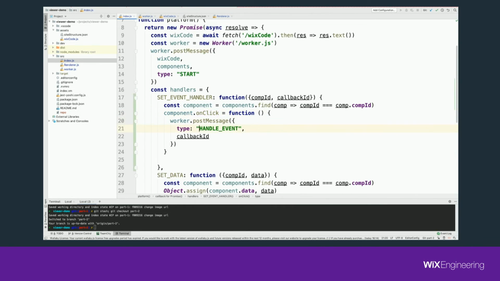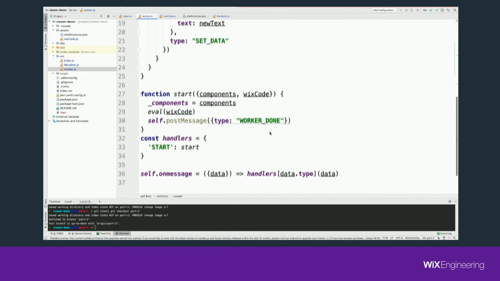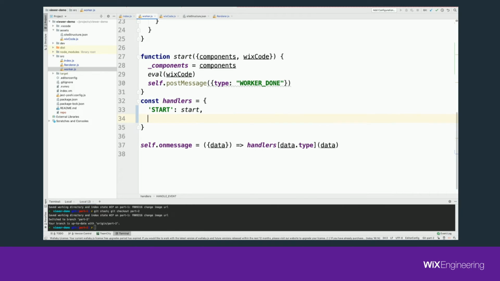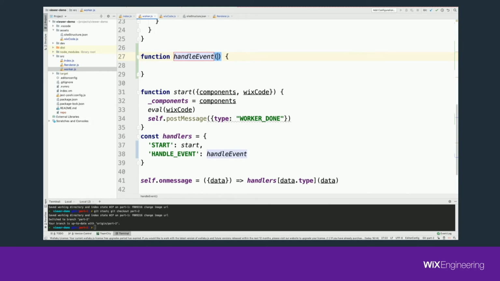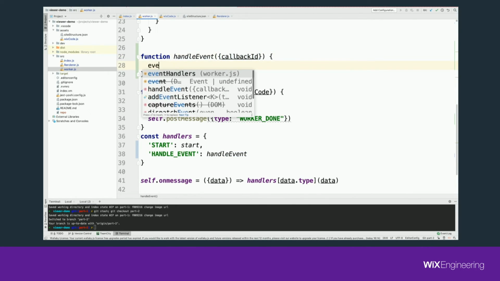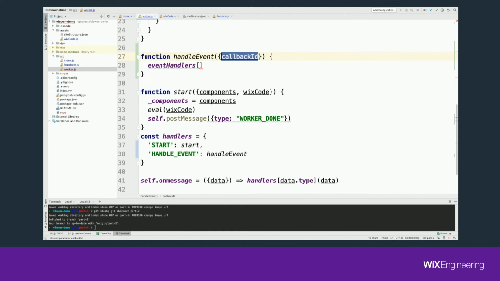So let's implement the handler here. Handle event. It's a function that gets a callback ID, and from the event handlers, by callback ID,